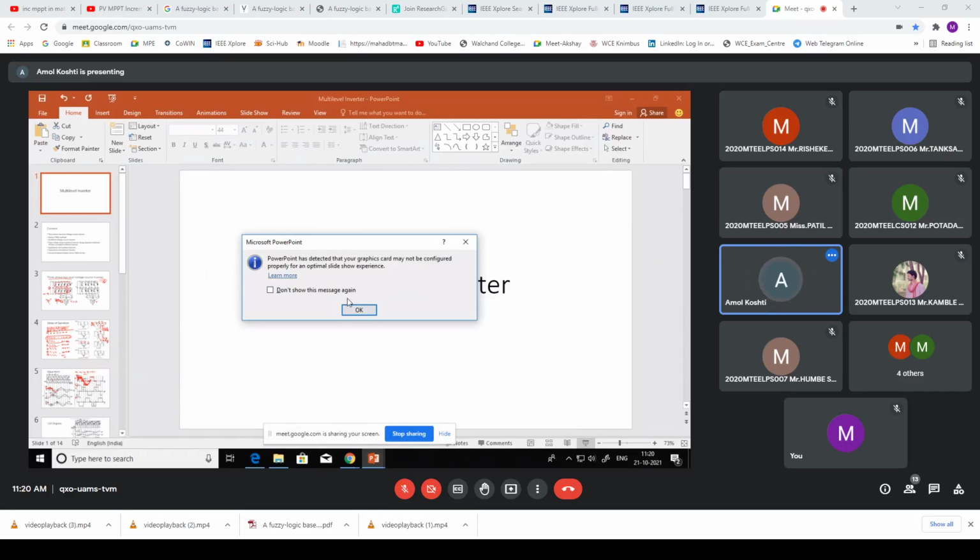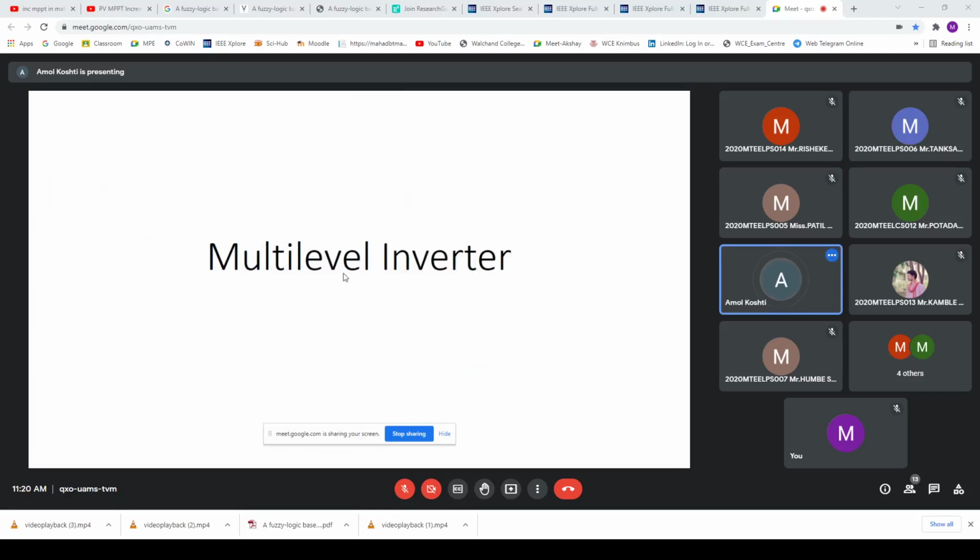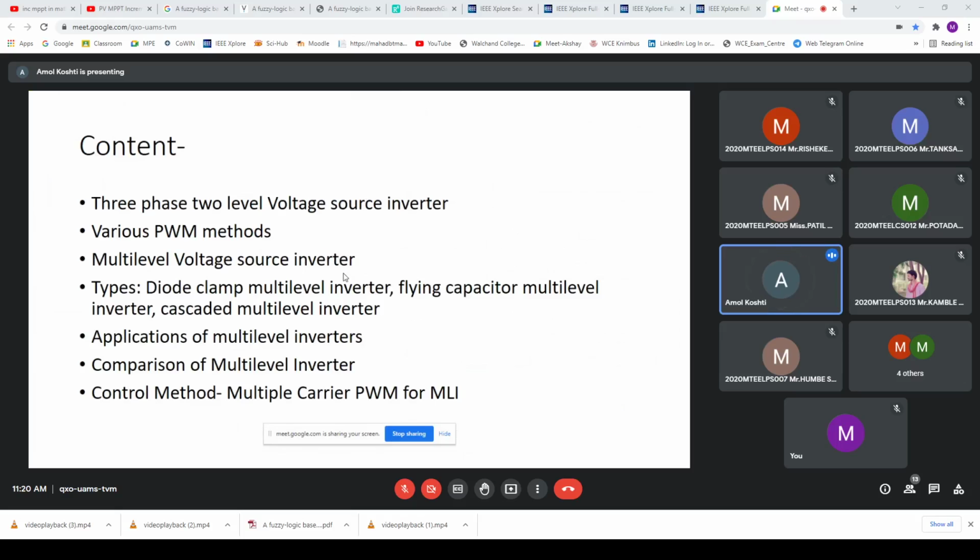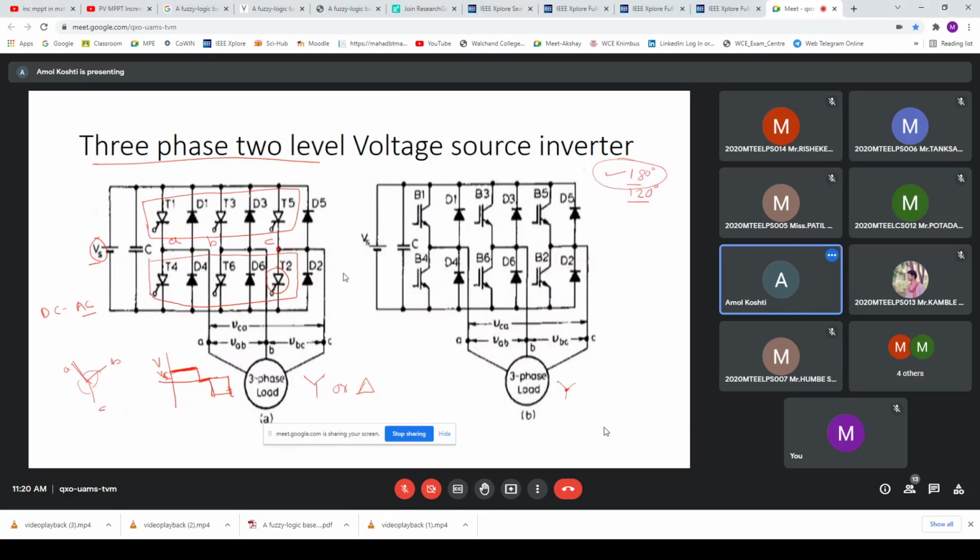We have started in this multi-level inverter chapter. In that, we have studied the basics of inverter, the basic operation, that is AC to DC to AC. In that DC to AC, as per our syllabus, we understand the three-phase two-level inverters, how the outputs are produced,